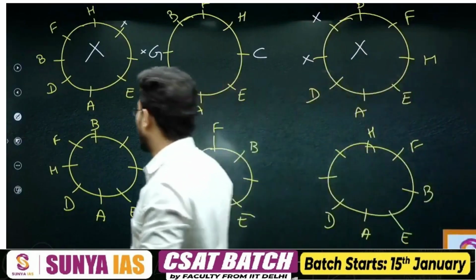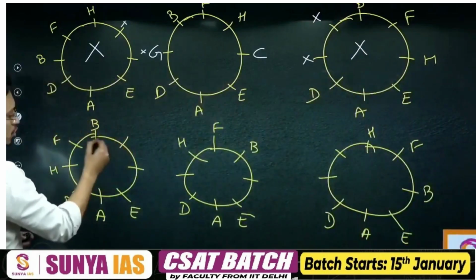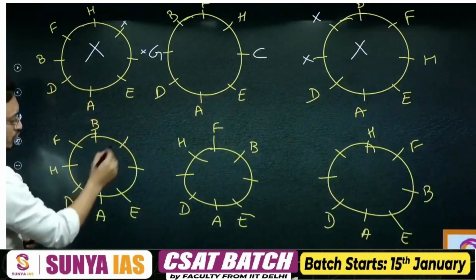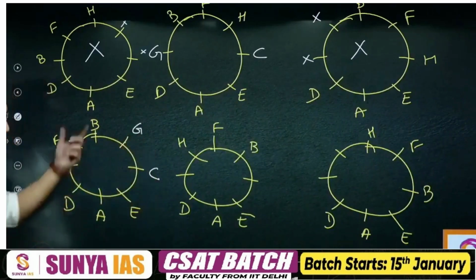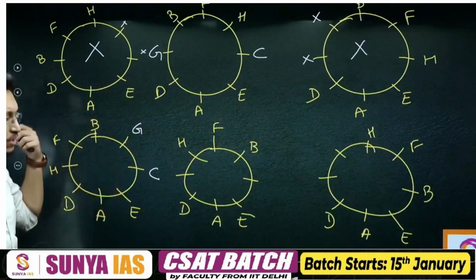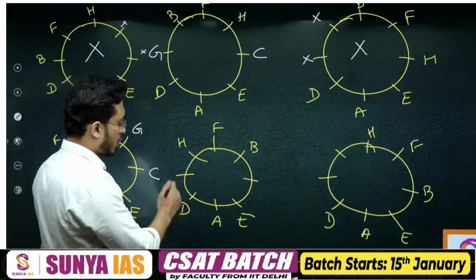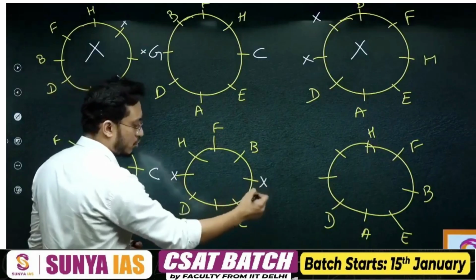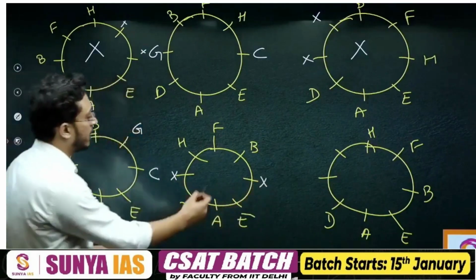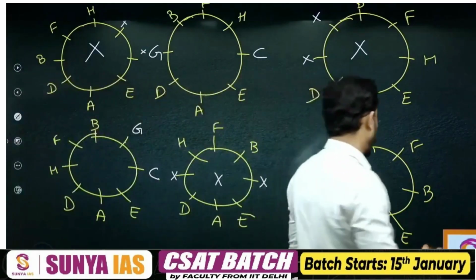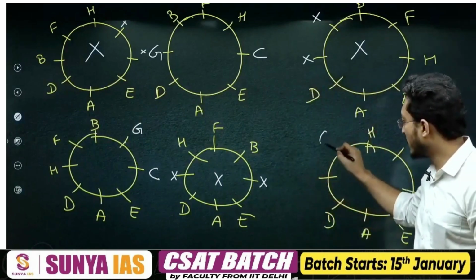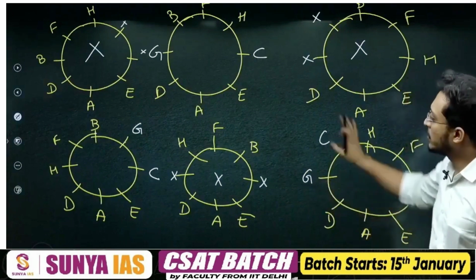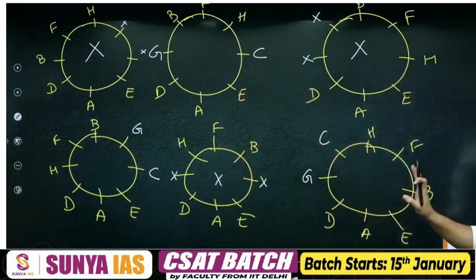What about this? C is neither adjacent nor opposite to B and D, so यहाँ नहीं आ सकता C, so C has to be here, G is here. So this is a valid case satisfying all the conditions there. Here C is adjacent to D or B, so C cannot be here. This is an incorrect case. What about this? C cannot be adjacent or opposite to B and D. That means C has to be here, G has to be here. Now these are three valid cases that we can make.